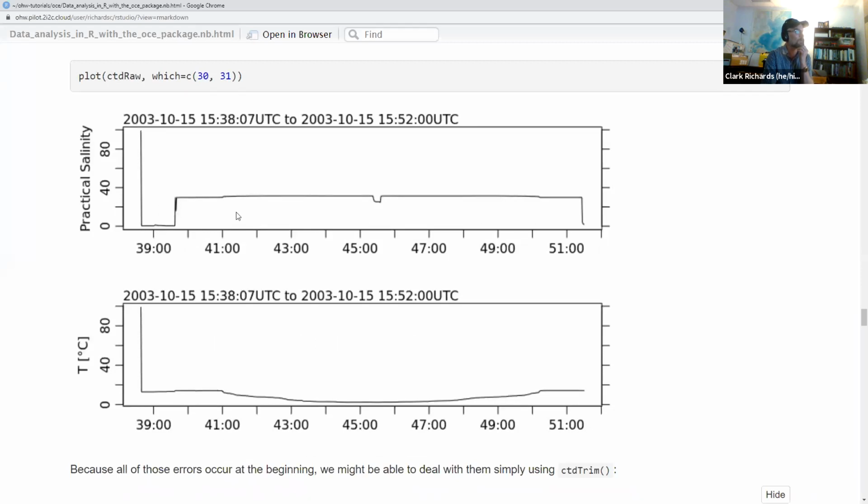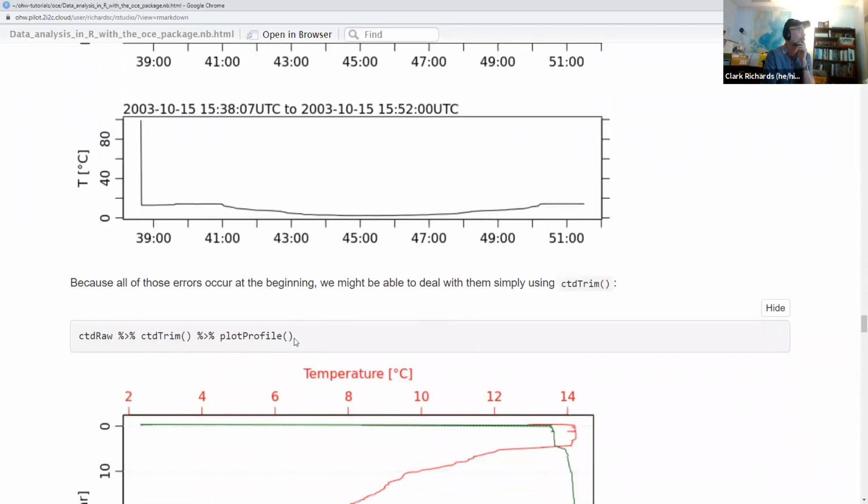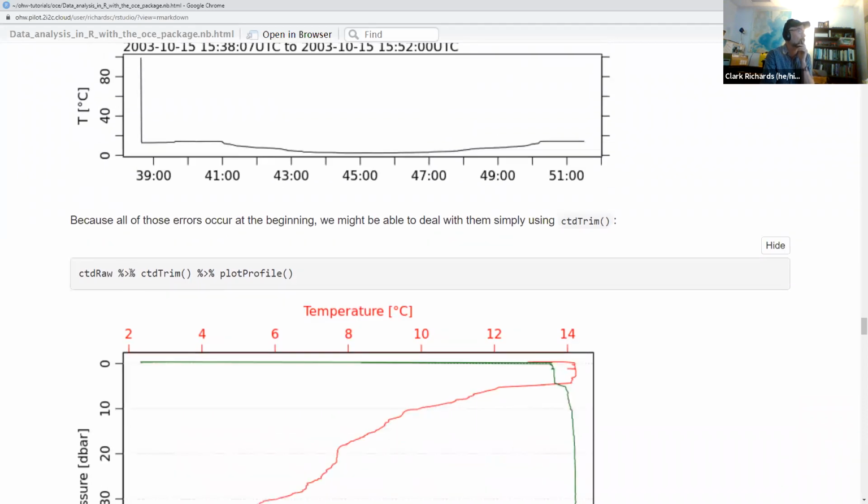So if you look at this, you can see mostly things actually kind of look okay, but there are some very low salinities at the beginning, right? This is probably when it was in air or close to the surface. There's this spike in both of them. And we want to try and get rid of that stuff without having to manually go in and blank out data, right? So this is where I'm using the pipes in magrittr,